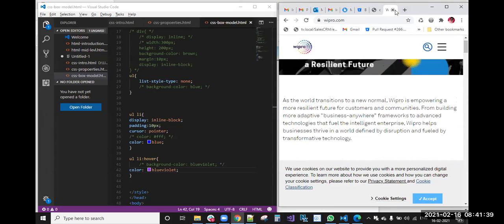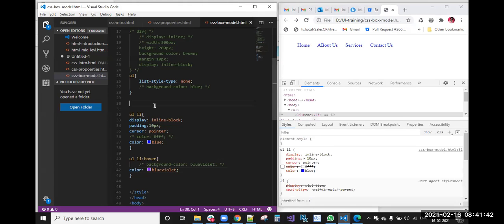Now we are going into the position properties.